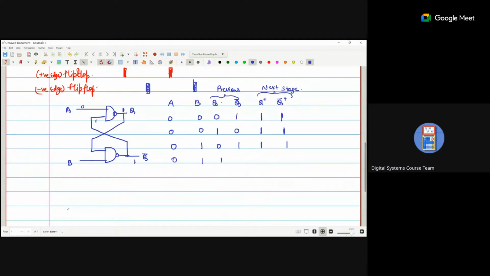0, 1, 1. Q is 1, B is 1, so it is 0. This is 0, A is 0, so it becomes 1. 0, 0, 1. Both will be 0, 0, it will be 1. So Q bar is 1. 1 and A both are 1, so it